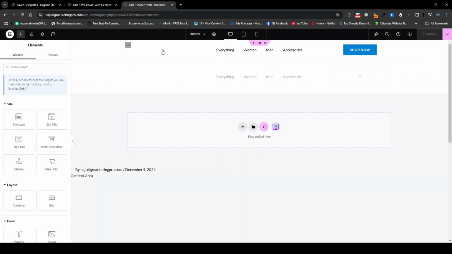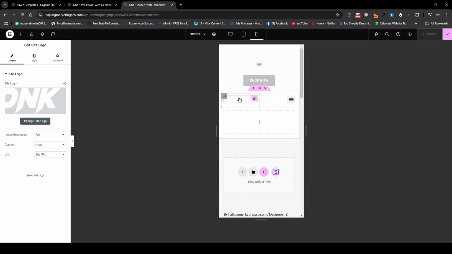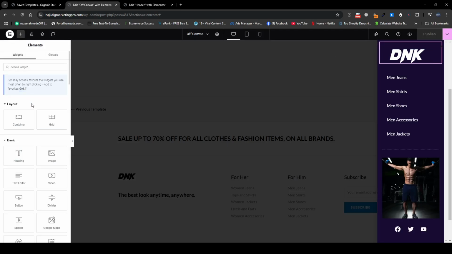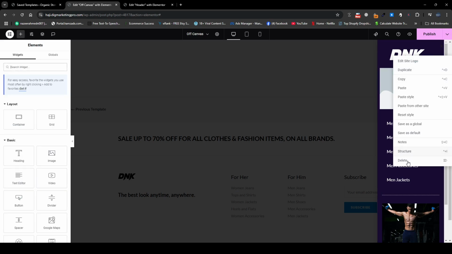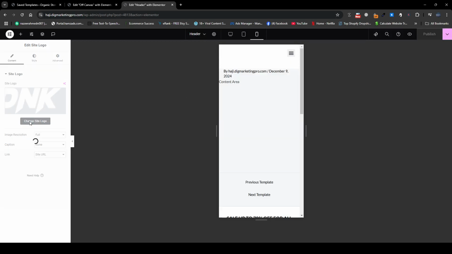Now let me go to the mobile section here. So now you can see we have our menu here. So let me just change the site logo from here. Let me go back here and let me insert an image here. Let me delete this one here, and let me change my site logo from here.